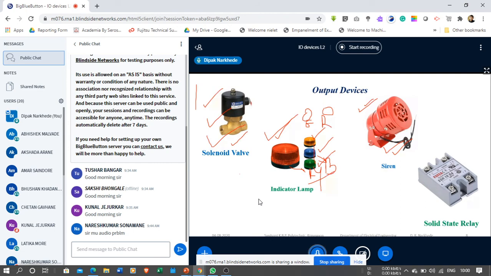Okay, the same thing is going to happen in your RO system, but the RO system is semi-automatic. Automatic in the sense that we are not going to use any controller over there. Instead of a controller, we are going to use limit switches. A limit switch can give you the signal to the solenoid valve to start or stop based on the NO and NC contacts which are connected to it.